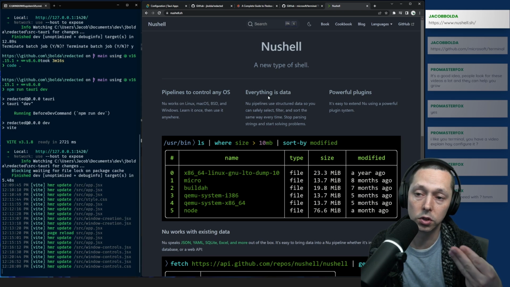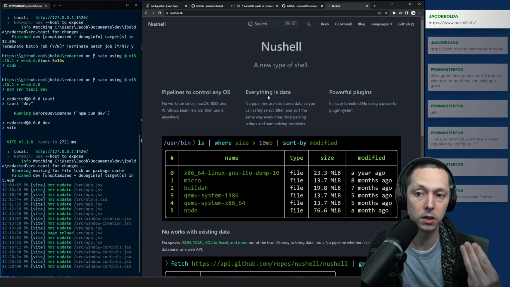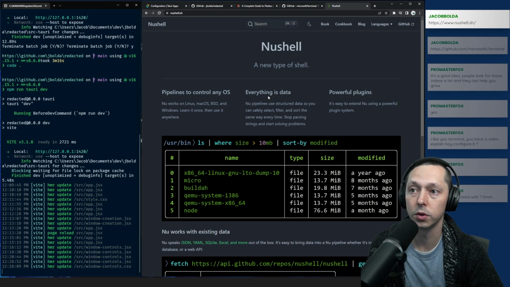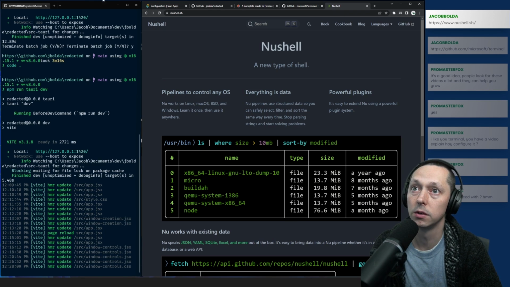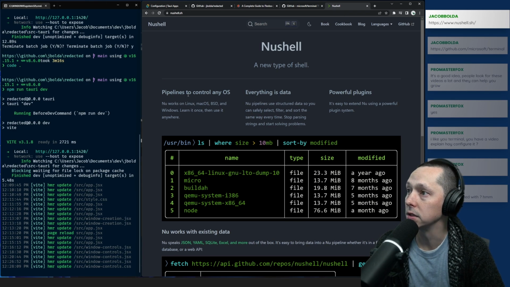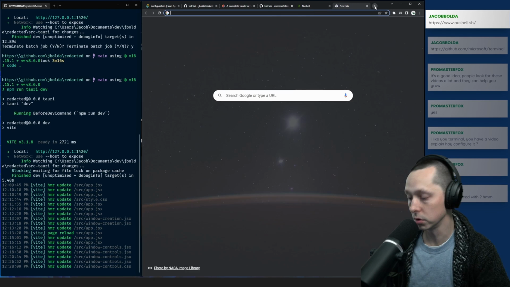So if you use this and you get used to it on Windows, and you end up getting one of those other computers at a different point in the future, it works the same on all three of them, which is really nifty. And then on top of that, I also use